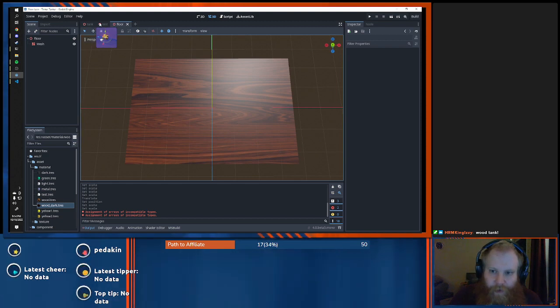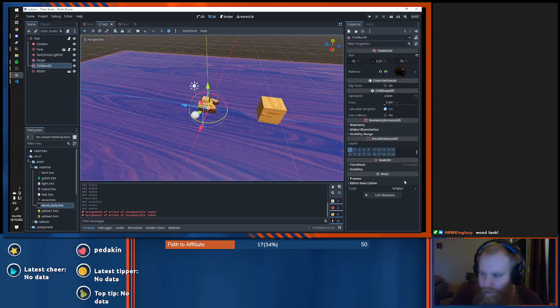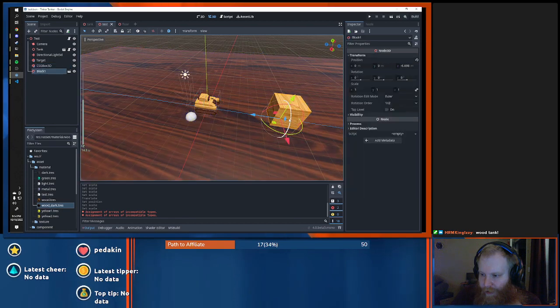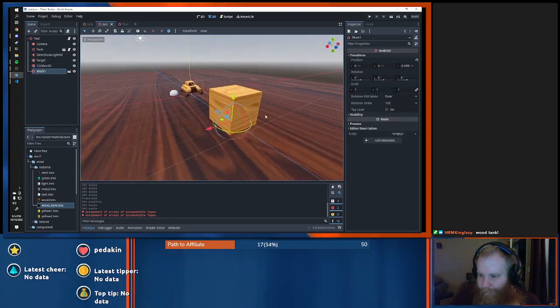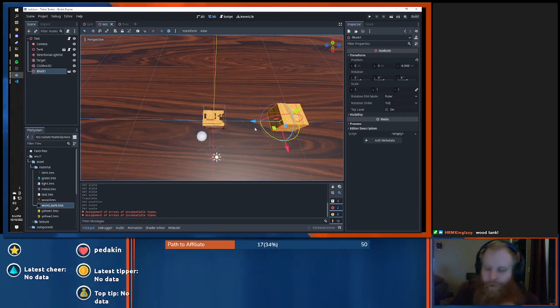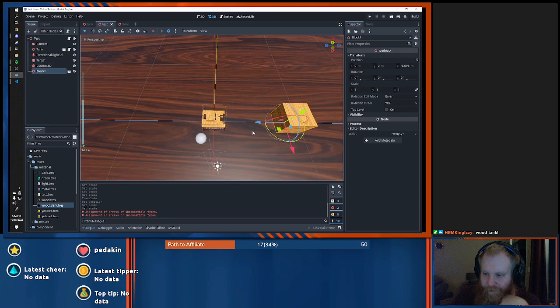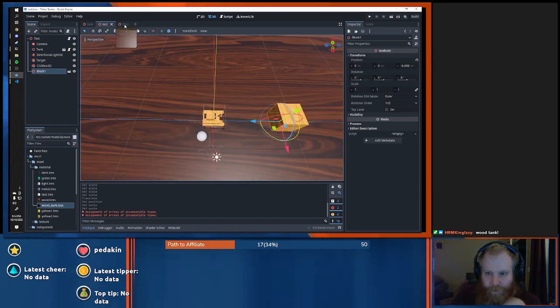How big is our floor in here? Oh, not here. It's here. It is 45 by 70. And this block is 2, right? It's 2 cubed. So a bummer of that is 2 doesn't go into 45, so we'll have to go into 46. 46 divided by 2 is 23.